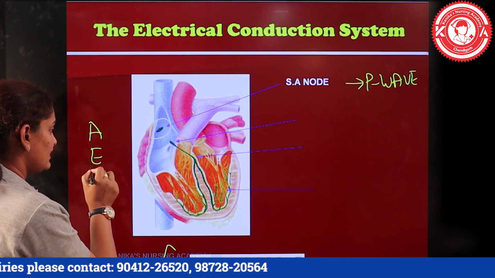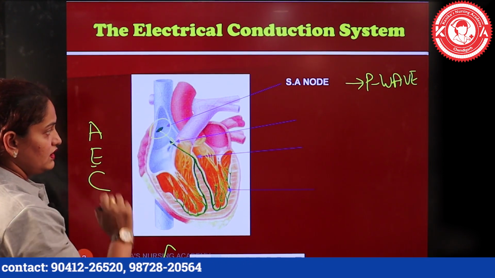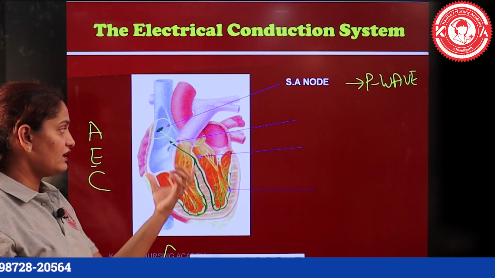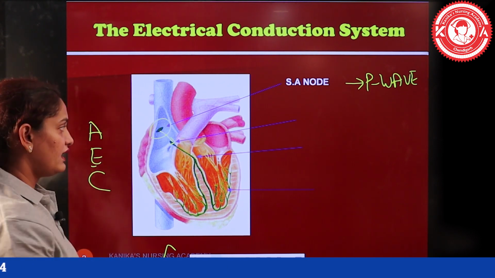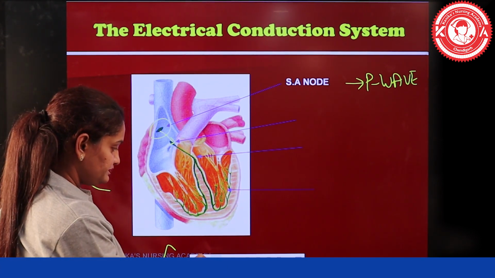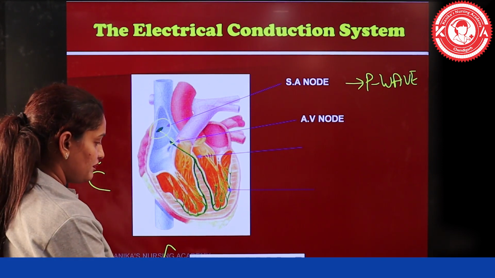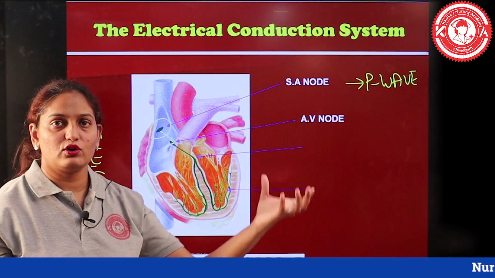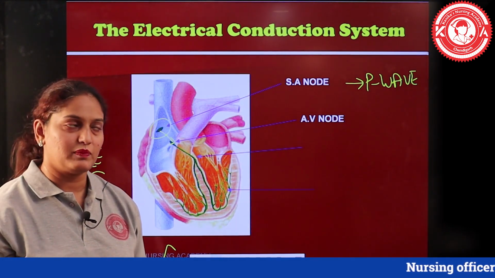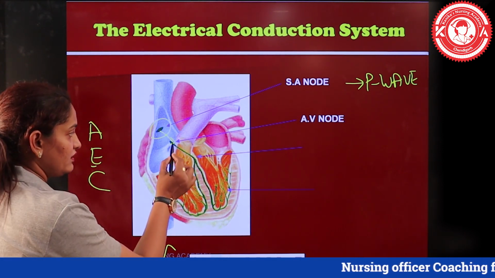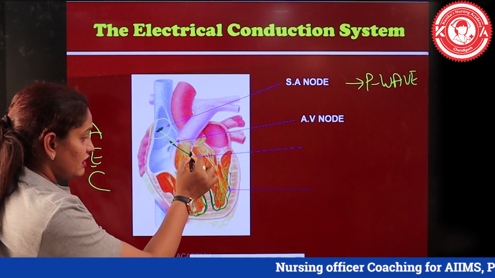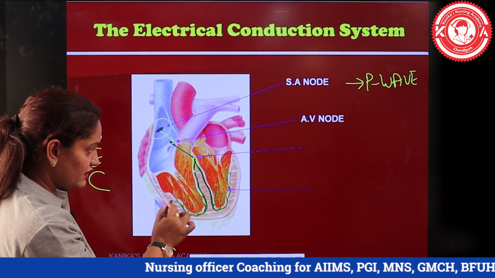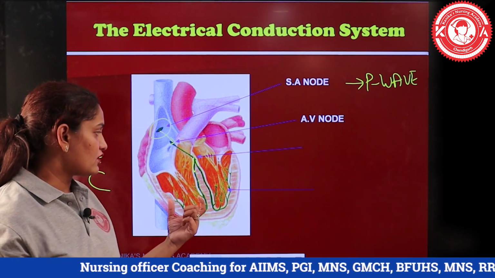Then the second property, excitability: the SA node generates the impulse and sends it to the AV node, which is located at the junction of the atria and the ventricles, and the AV node also acts as a gatekeeper. When the impulse comes to the AV node, there is a very small delay, so that complete emptying of the atria and complete filling of the ventricles may take place, and then the AV node distributes this electrical signal further to the bundle of His. We can see this green portion, that is the bundle of His, and the terminal parts of the bundle of His are known as the Purkinje fibers.